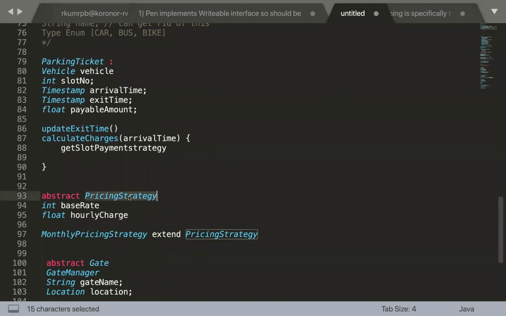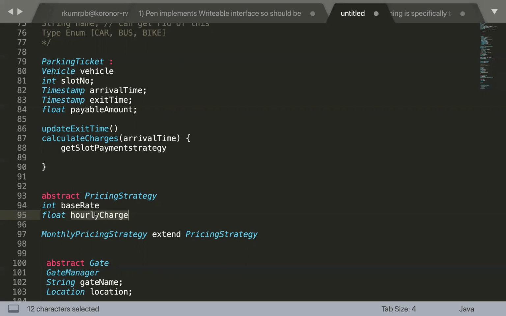Why? Because this pricing strategy has this base rate and the hourly rate, and the slot has a pricing strategy, right? So if that slot is only for car, then it has the pricing strategy of car. If it is a bike slot, probably it has the pricing strategy of bike, right? In that case, the cost factor for the vehicle type dependency can also be handled.